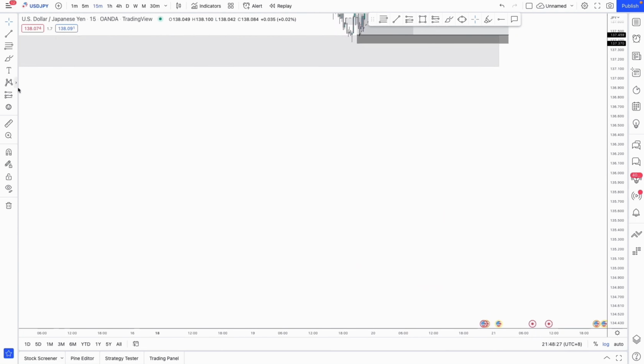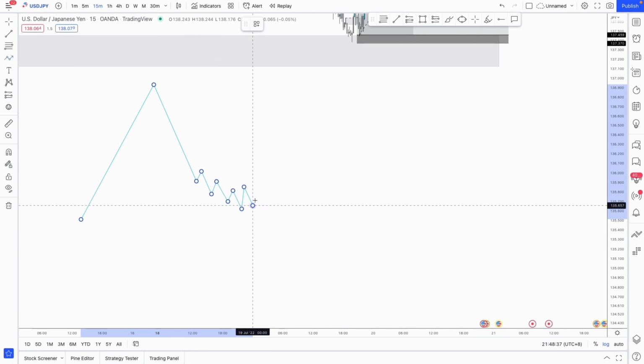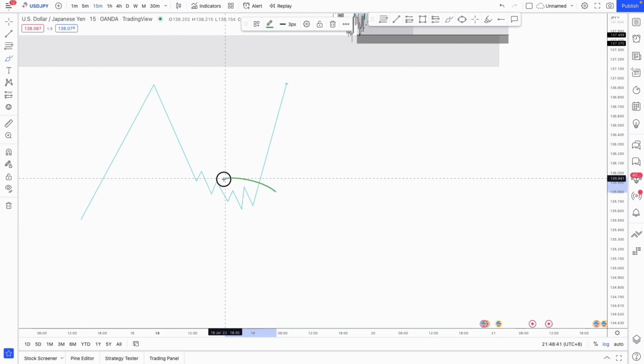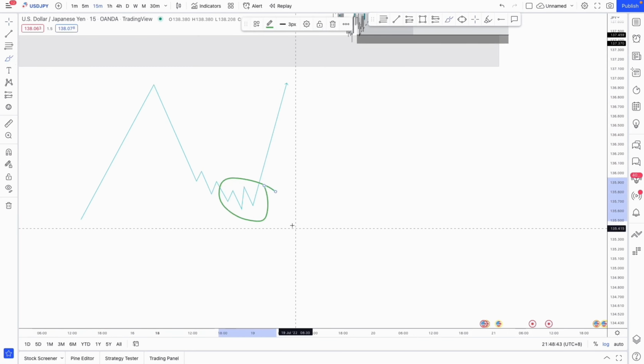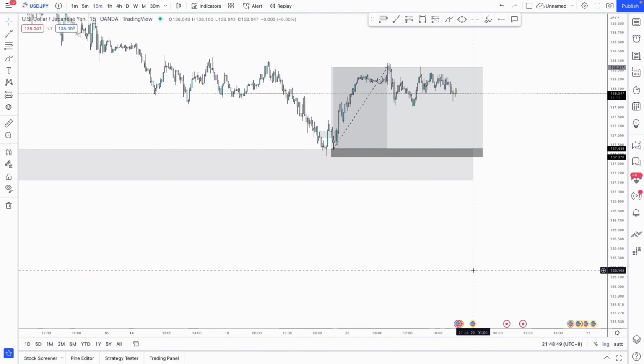The change of character isn't powerful in and of itself. You need the order flow to be aligned, right? So change of character just by itself isn't going to work, but if you can really understand this, and